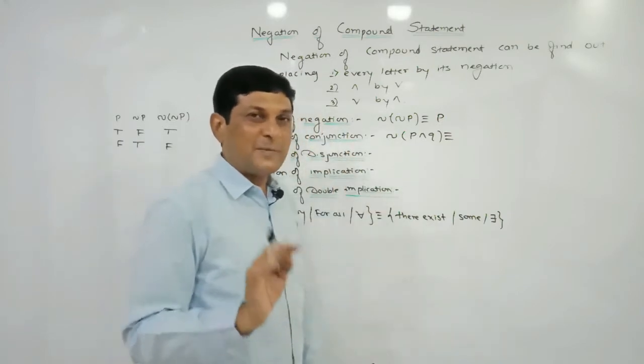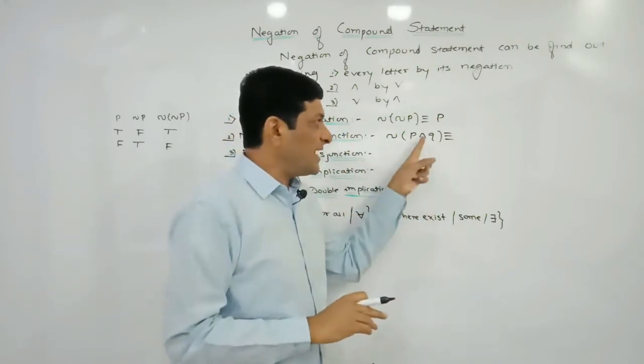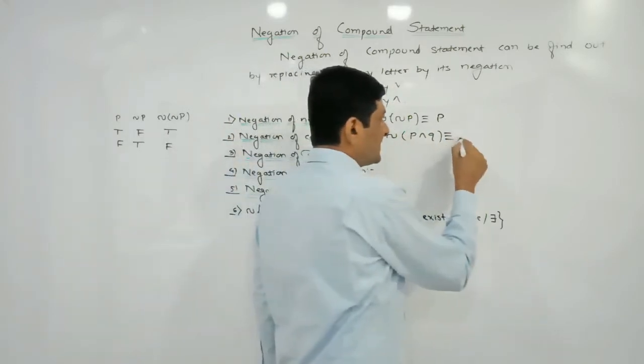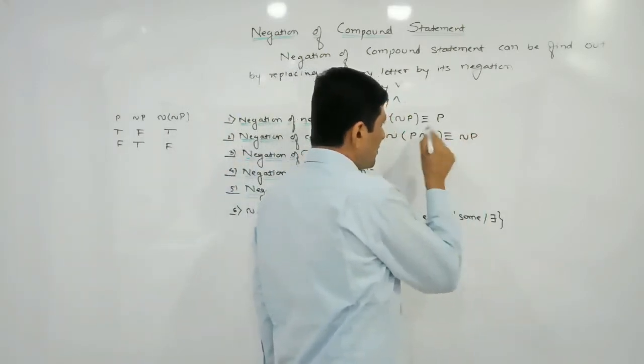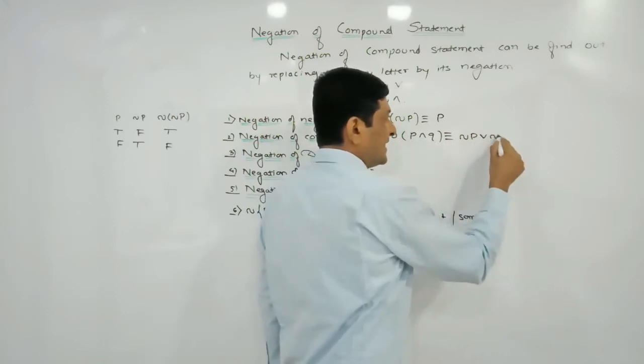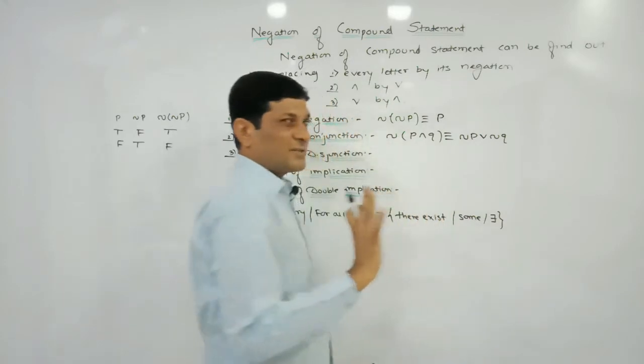Two letters. Replace every letter by its negation, and what will "and" get replaced by? Or. So replace the first letter by its negation. This "and" will get replaced by "or", and replace the second letter also by its negation. So using the rules of